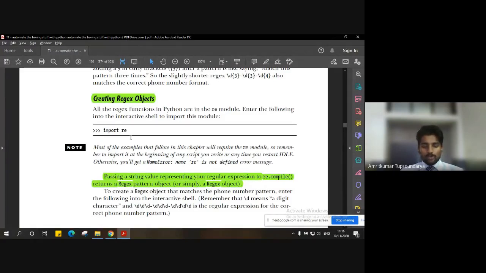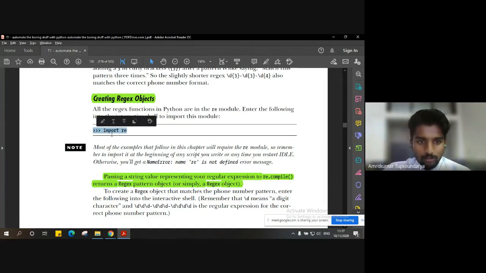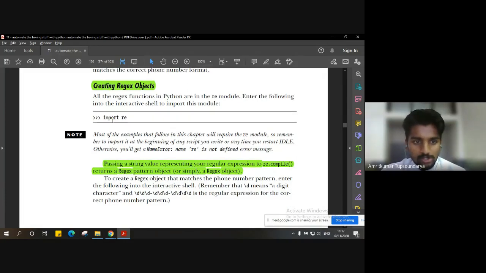So we import the module by our typical method, import re. Now, in order to deal with these regular expressions, we also have to make use of a function called compile, which is included in this module re.